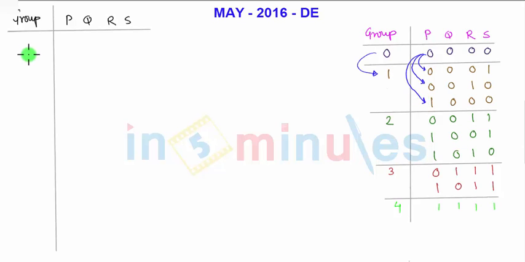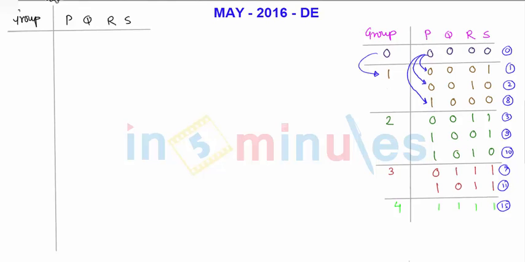Okay, so first of all, I will write down the decimal equivalent here. This is nothing but 0, and 0 is going to compare with 0 compared with 1, 0 compared with 2, 0 compared with 8. After that we'll have 1 compared with 3, 1 compared with 9, 1 compared with 10. After that 2 compared with 3, 2 compared with 9, 2 compared with 10, then 8 compared with 3, 8 with 9, 8 with 10, and we have to find out the logic gates. We have to find out the common terms, not logic gates. We have to find out the common terms in between. Let us find out. So first of all, let me complete this.